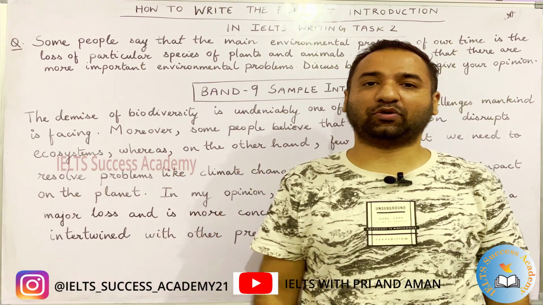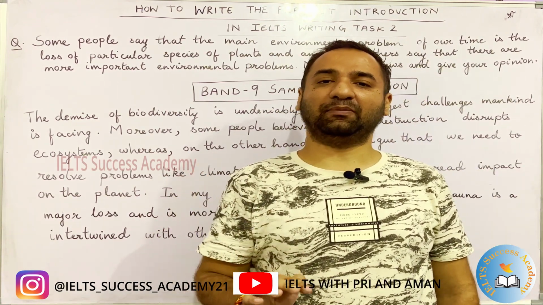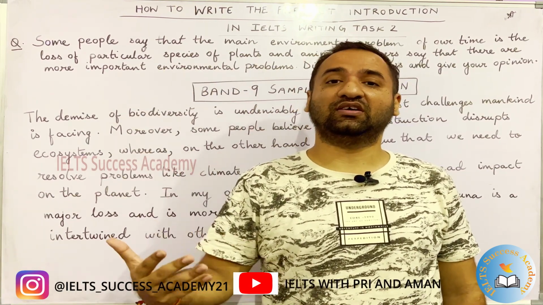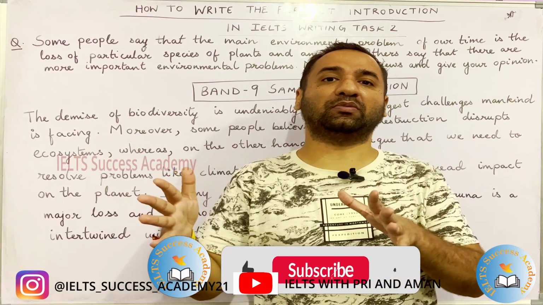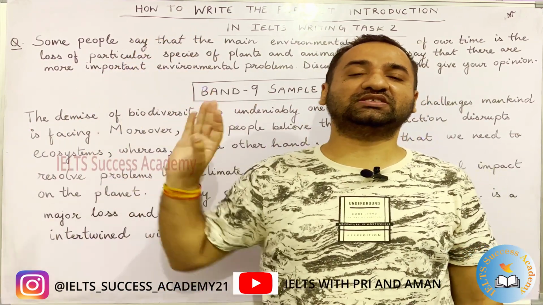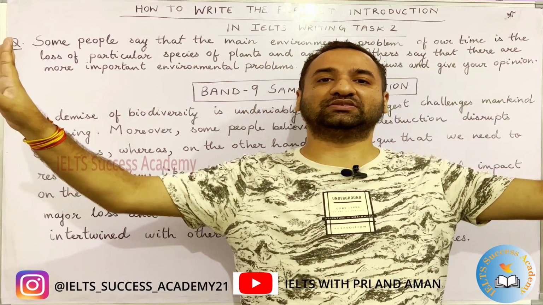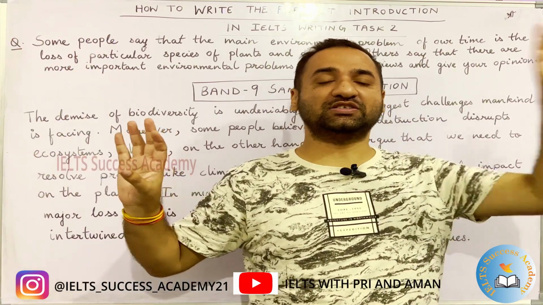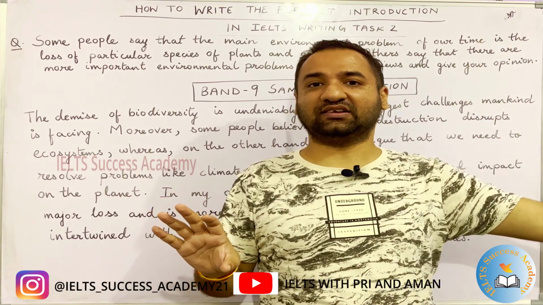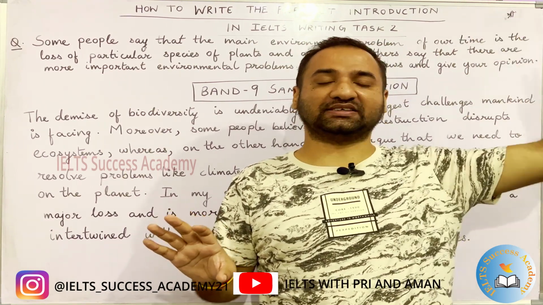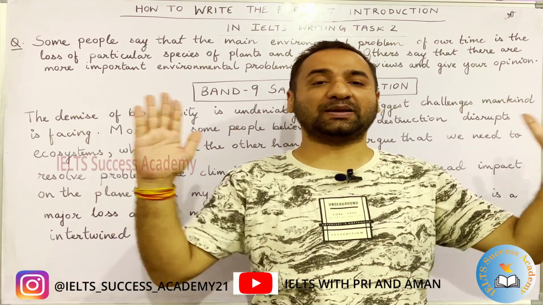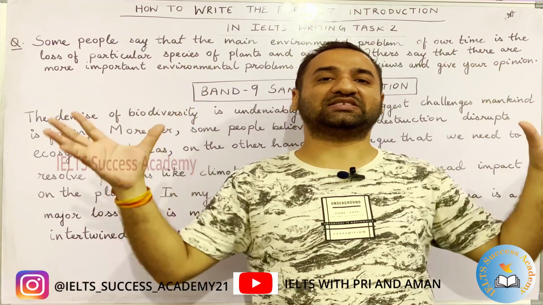So, what are other environmental problems? Pollution, climate change, and increase of greenhouse gases. So there are a multitude of problems which lead to loss of biodiversity. Now what this question is saying, it has segregated these two things. Loss of biodiversity is because of these factors as well: climate change, increase in greenhouse gases, pollution, etc. Yet, this question has divided both these problems and separated them in two buckets.